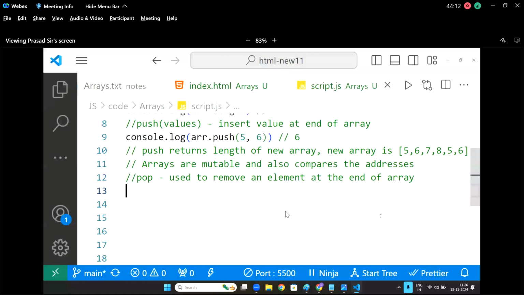What will it return, sir? It returns the removed element, the deleted element. Simple. Now console.log(arr.pop()) will bring it. Okay. Next,